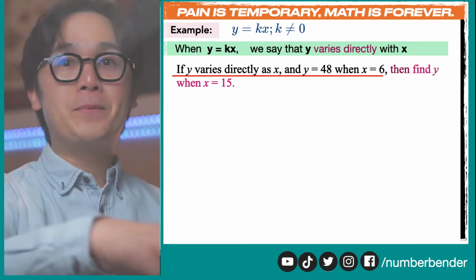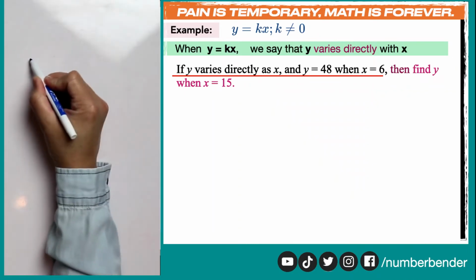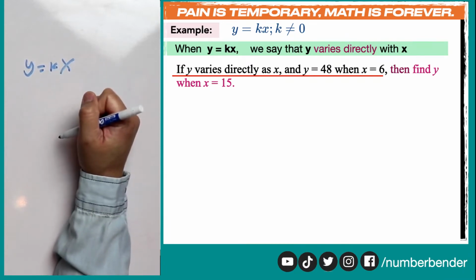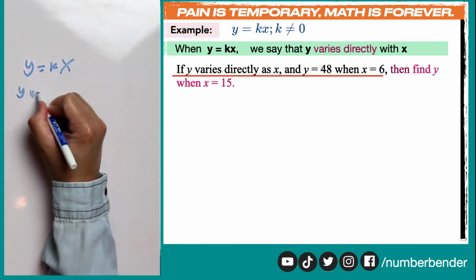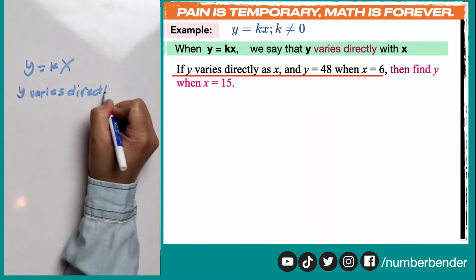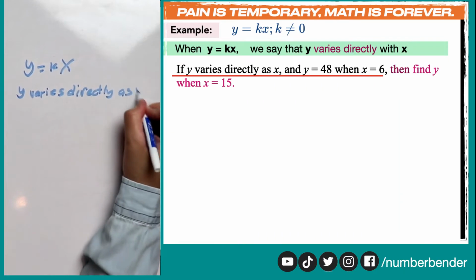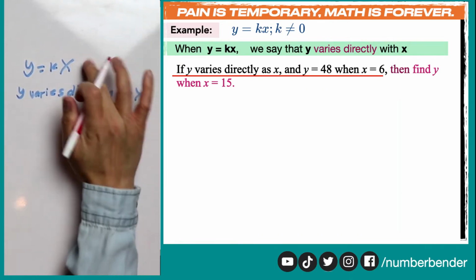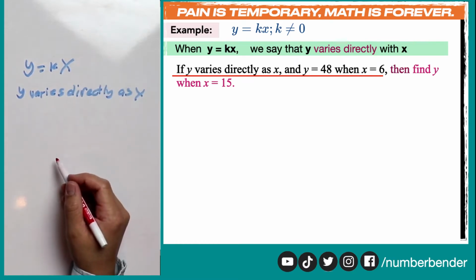So to do that, since we're going to use the formula y is equal to kx, and the reason why we're using it, it says there y varies directly as x. So that is our verbal clue that we're going to be using this specific formula for this type